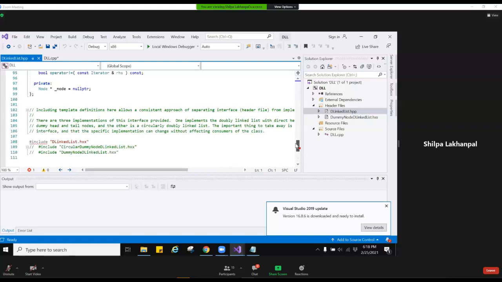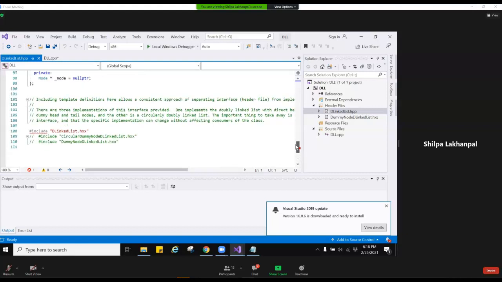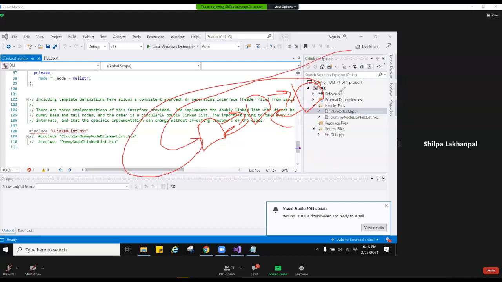You can implement this class file either using, like I said, the dummy nodes or without dummy nodes. Or there's also a circular dummy node d-linked list possible. A circular linked list mostly looks like this. So mostly the list is going like this. But the last pointer technically just circles back and points to the first one. And this one can point to that one.